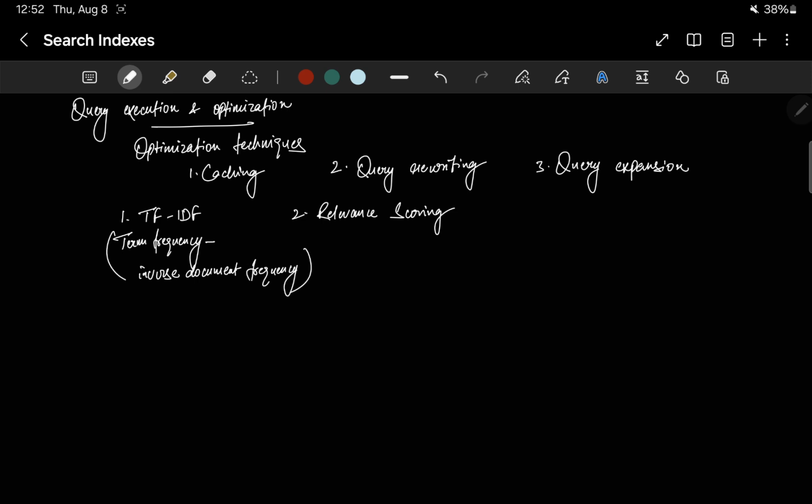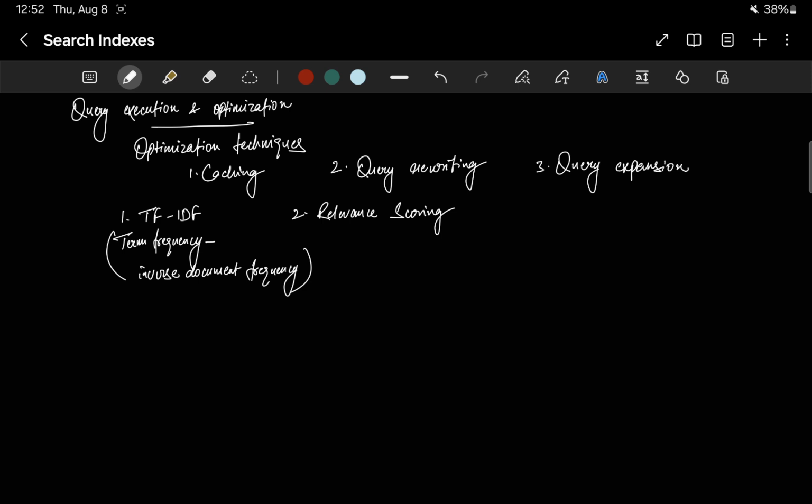Okay. So TF-IDF is a statistical measure used in information retrieval and text mining to evaluate the importance of a word in a document within a collection. It calculates a numerical value that represents the relevance of a term in a specified document compared to its frequency across all the documents in the collection. For example, consider a document collection containing various articles about animals. Okay, the term lion may appear frequently in a document about lions, but less frequently in other documents. TF-IDF helps identify that lion is a significant term in the document about lions compared to its occurrence in other